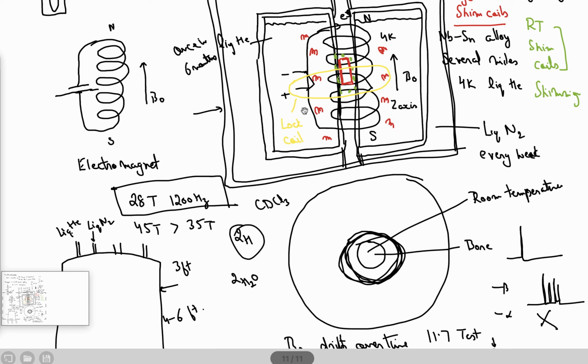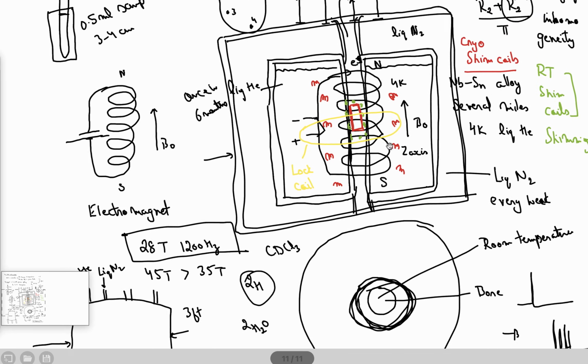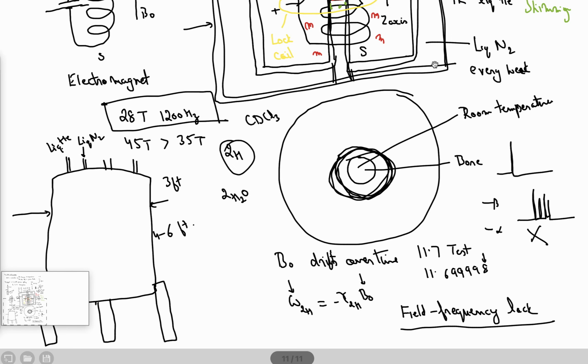So basically with the push of a button, or a command, the spectrometer is locked at a particular frequency. If the frequency drifts, accordingly the current is changed in the coil, and then you bring back B0 by this coil, right? I've just drawn it as a single circle, but this coil has its own architecture, so that it can provide an additional amount of B0. Okay, so I hope this magnet part is very, very clear.